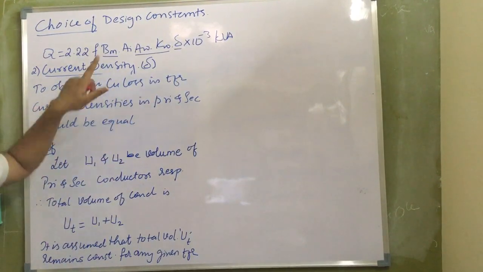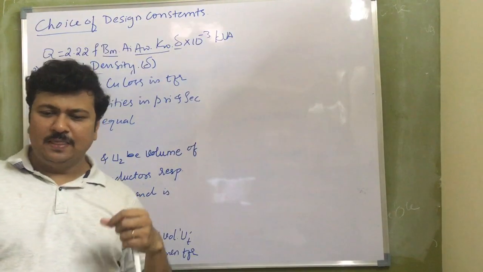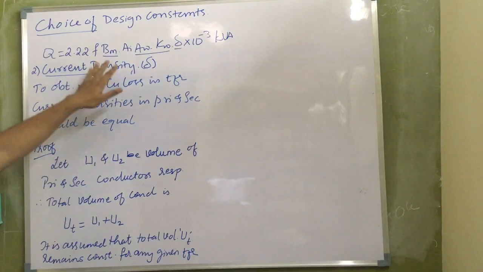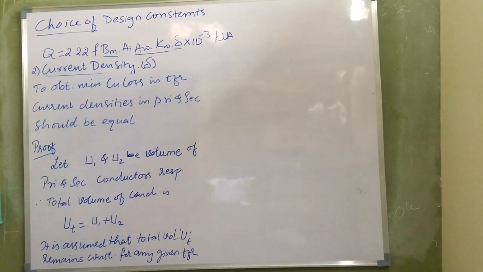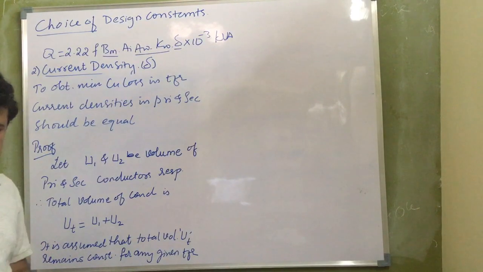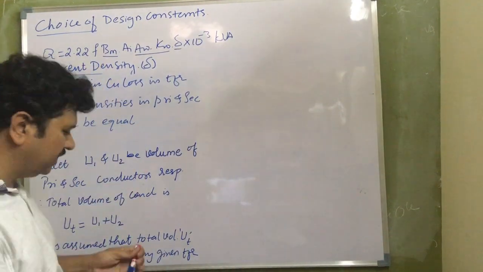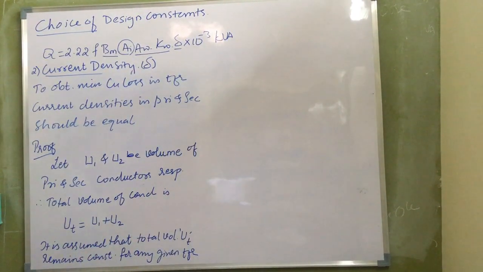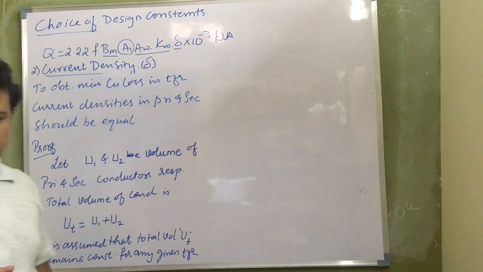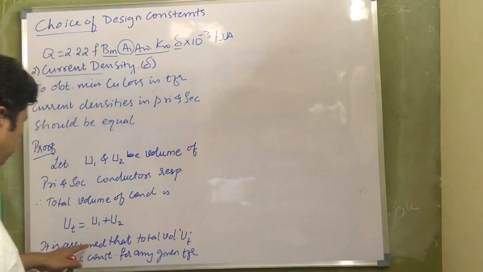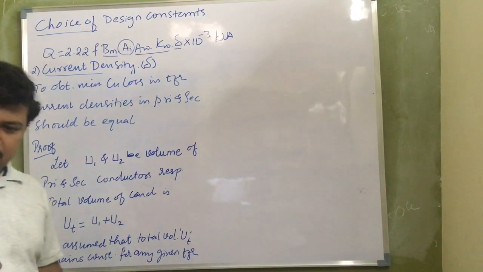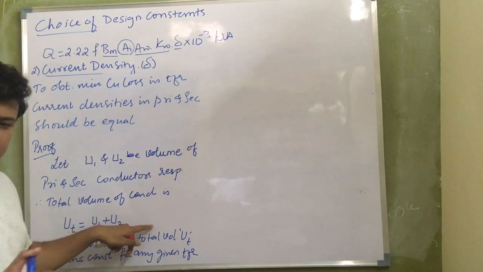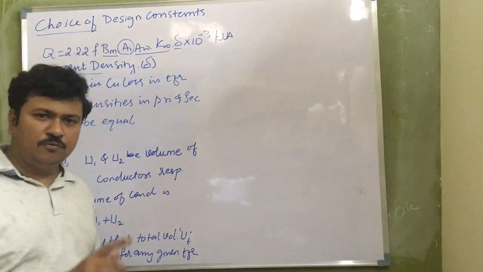Just now we have seen that if Bm increases, Ai decreases, and the length of copper decreases. Now I am dealing with the current density, thinking that my flux density is constant. I have already chosen some value of flux density and kept it constant. With that value of flux density, I have already obtained the value of Ai. So with the obtained area of core and the obtained diameter of circumcircle, I assume that the total volume of the copper remains constant, because the length is a function of number of turns, and number of turns is a function of voltage.